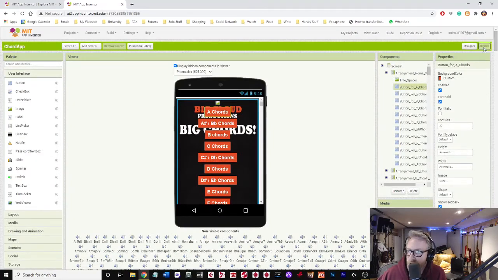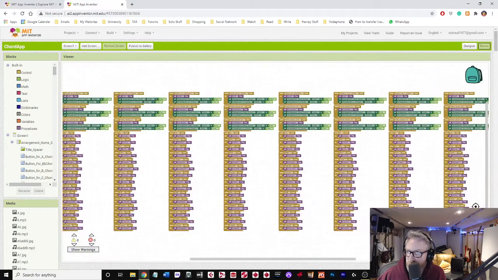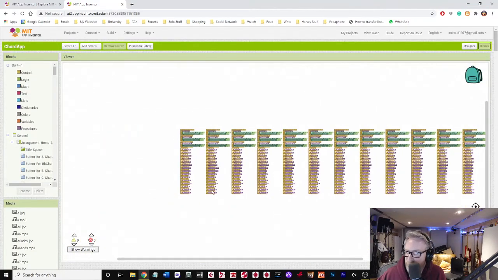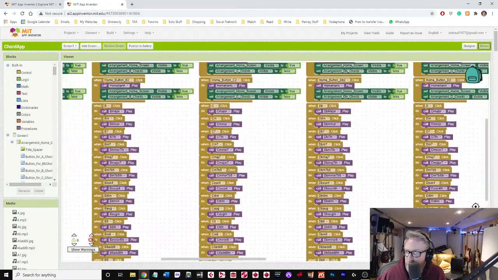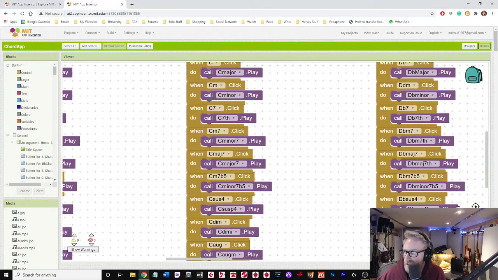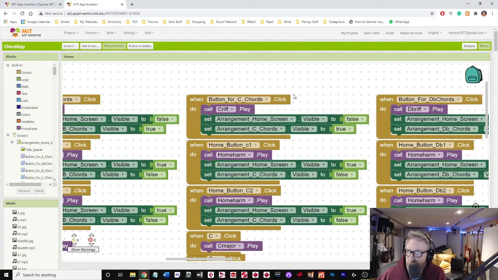So on the blocks, if I zoom out, so yeah, this is the code for the app. Let's just go to the first one. Well, let's go to this one. So this is the key of C. So when button C is clicked, it plays that riff. There's a riff that goes higher every time you play it. And then the home screen is visible